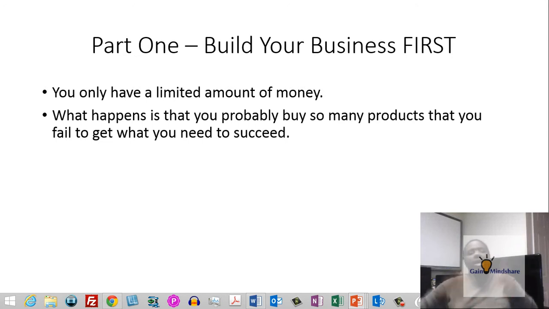Now, yeah, a lot of the products that you buy are going to be push button. That means they are ready to go, but you've got to be able to build your business around these things. PLR is like raw material, right? It's like good raw material. You got to have it in your factory, but your factory's got to have certain things in order to turn it into money. And that's what I'm really going to be talking about. Building your business first. How do you build that factory that you can turn that raw material into something that's really going to make money?